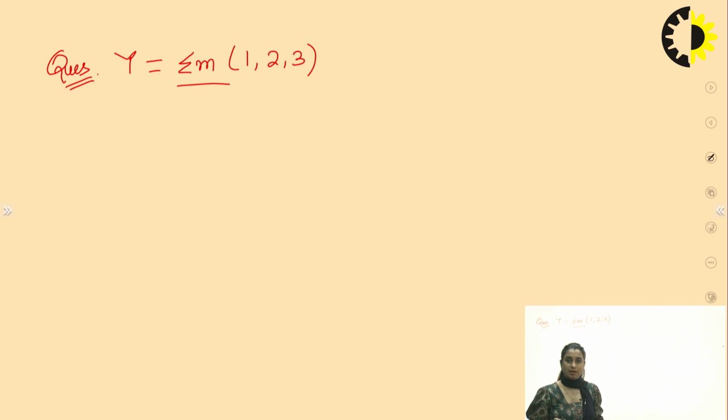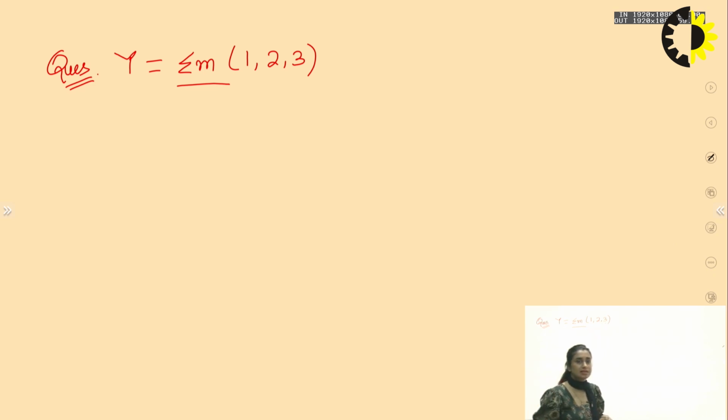Sum of products representation has clear cut rules. 1 is represented with A, 0 is represented with A bar, right? And we have a representation of the expression in the form of sum of products. Within a term, we have a product, and 2 terms are added, right? So if this is the question, the first thing we have to identify is whether it is a 2-variable question, a 3-variable question, or a 4-variable question. How do I identify? Now we see the highest representation here.